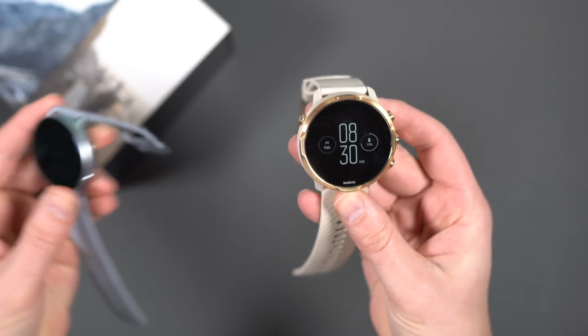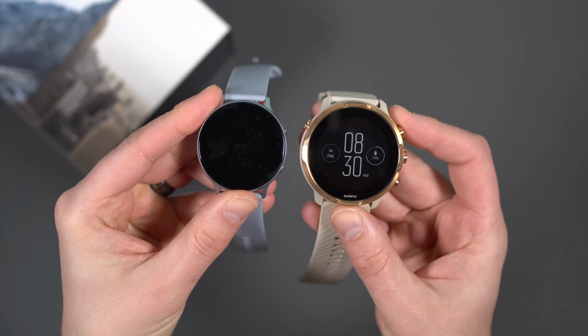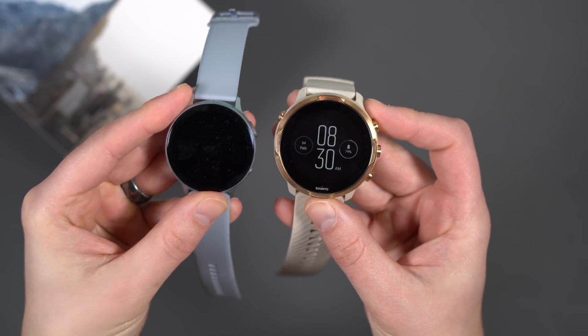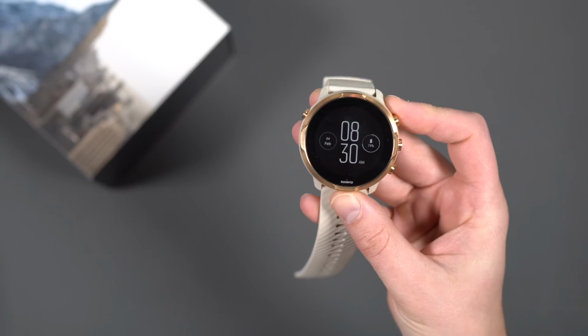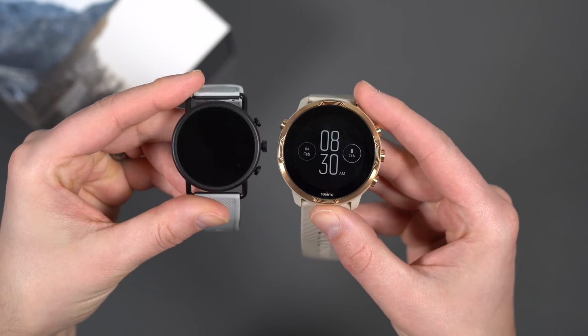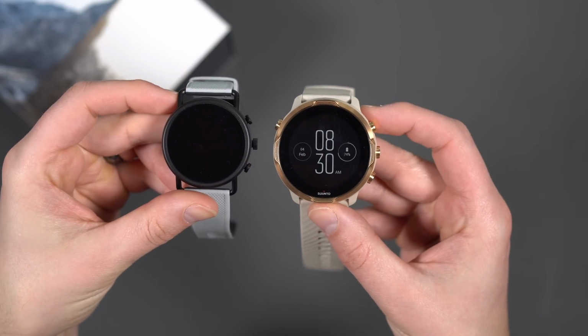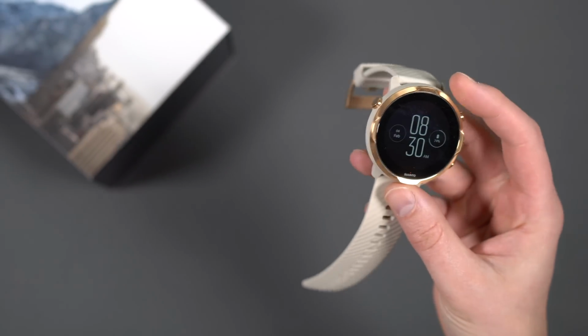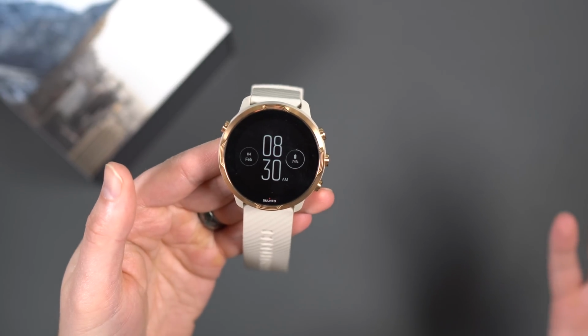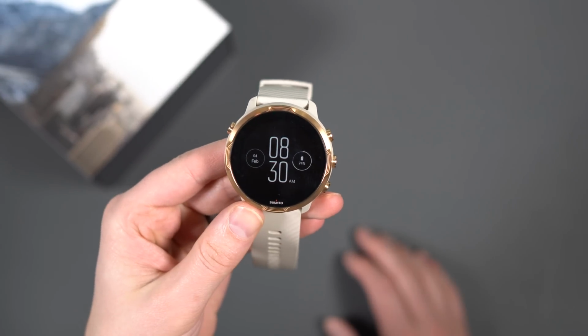Here is a Samsung Galaxy Watch Active 2. This is the 44 millimeter version. So again, you can see the size difference there. And then finally, the Wear OS watch I just reviewed is the Skagen Falster 3, 42 millimeter. There is your size difference. So it's a large watch, but again, that giant battery is in there to hopefully help last throughout your extended